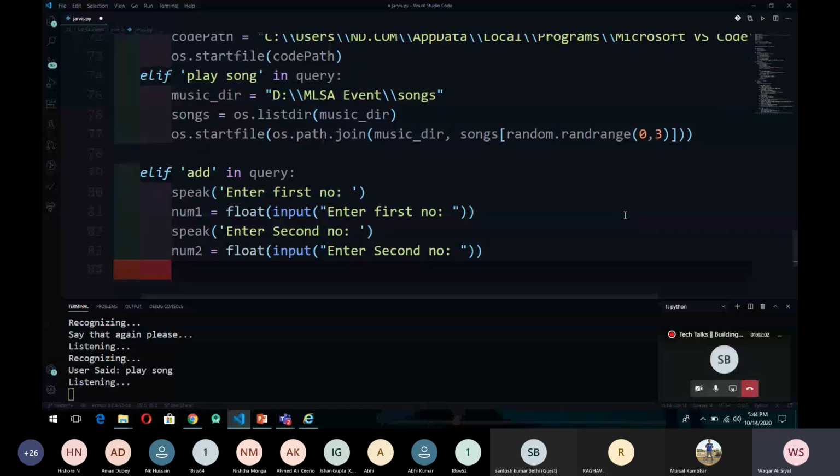Now you can speak the results and you can also print the results.